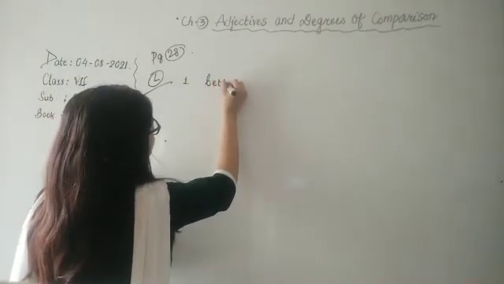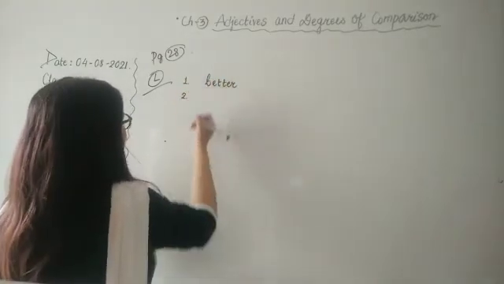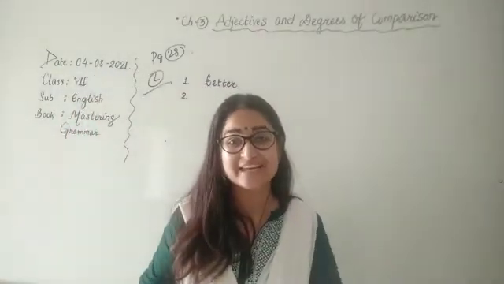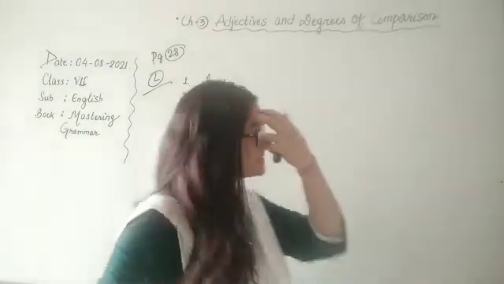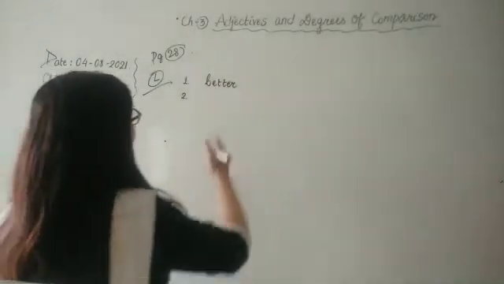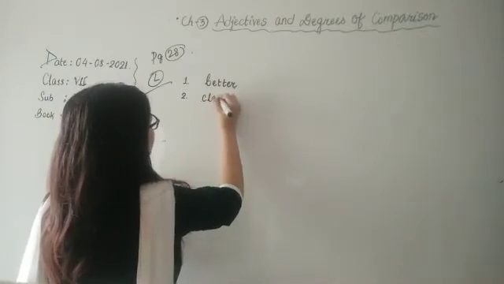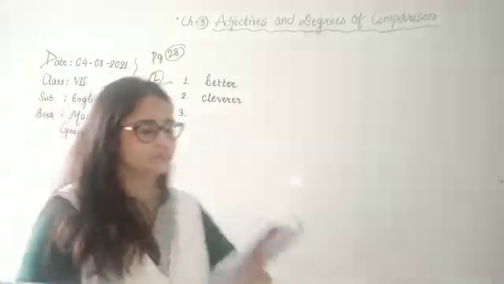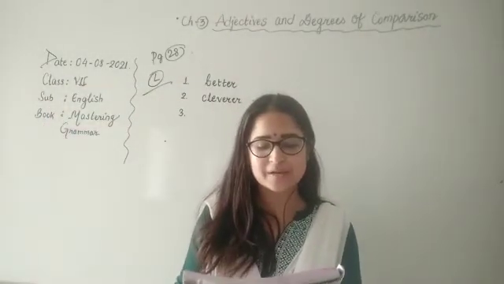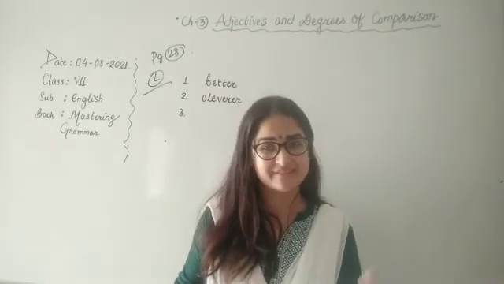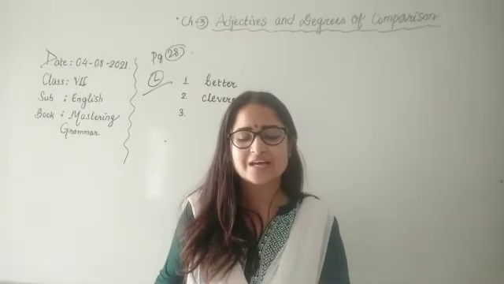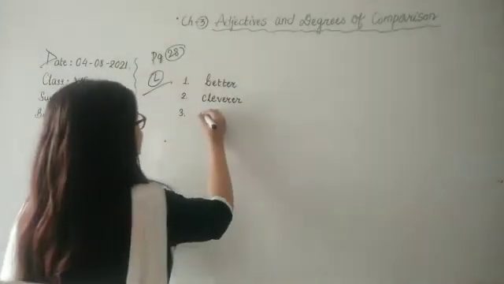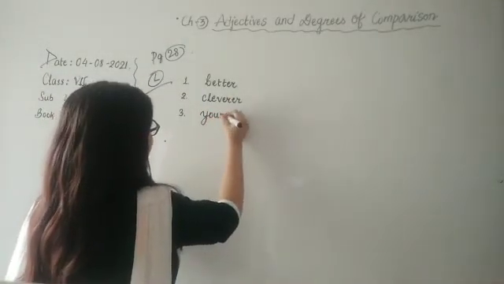Children, you are going to write the question. Do not forget, you will have to write the question. Her cat is dash than yours. Again comparison is there. So clever, cleverer, cleverest. So here we have cleverer. Right? Number 3 now. He is dash player. He is the is used. So obviously superlative form. He is the dash player in our team. So young is the word that we have to use. He is the youngest.